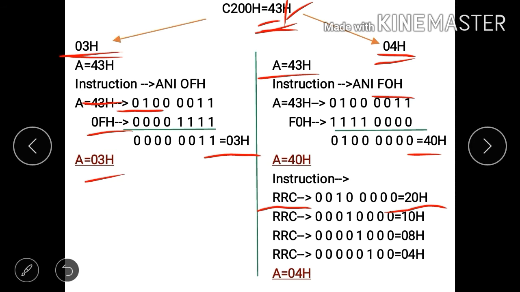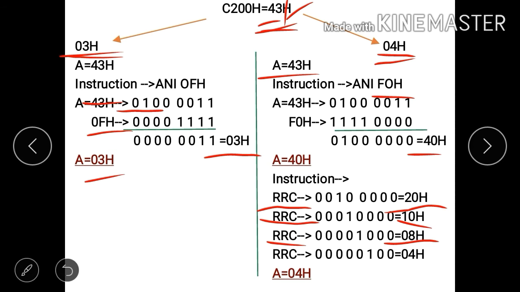So again we will execute the instruction RRC. After that we get the result 10H. Again we use the instruction RRC. After executing that instruction we get the result 08H, but we want 04H.